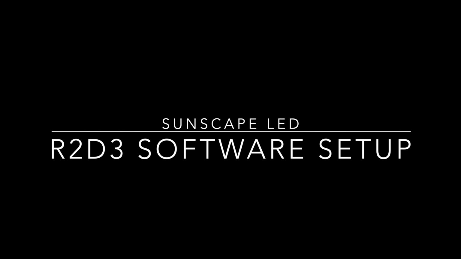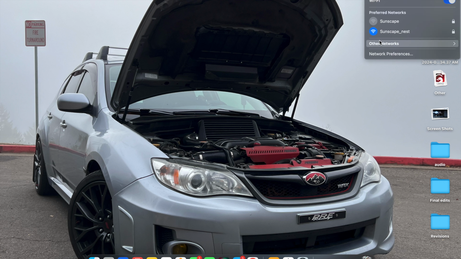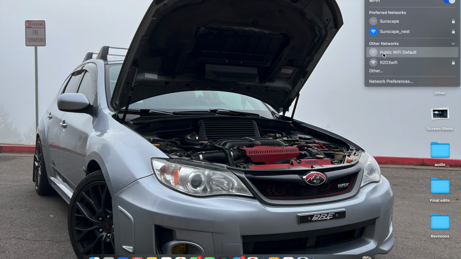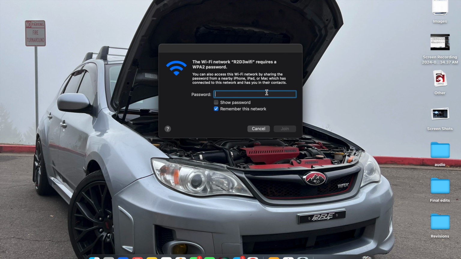Now that your R2D3 and local access network have been set up, let's connect to it using your computer. First, we'll go into our network selection and choose the TP-Link, which is called R2D3 Wi-Fi by default. We will enter the password, which by default should also be